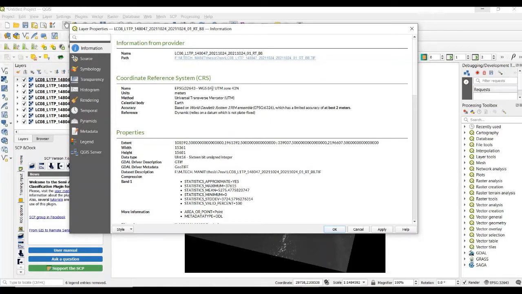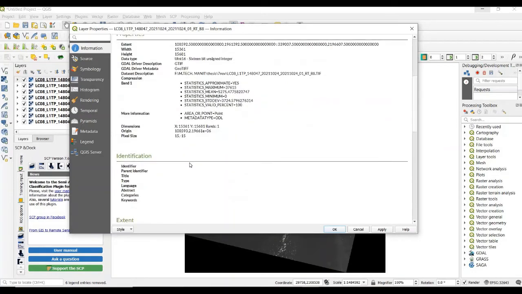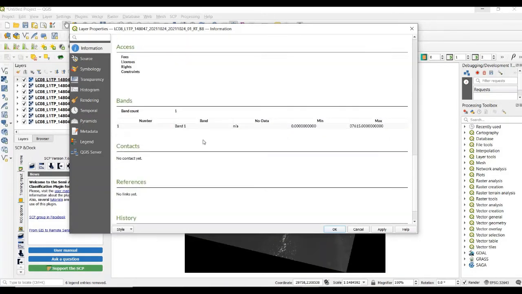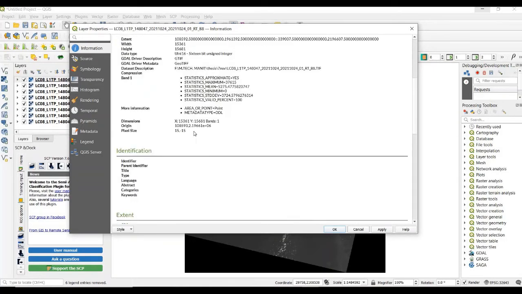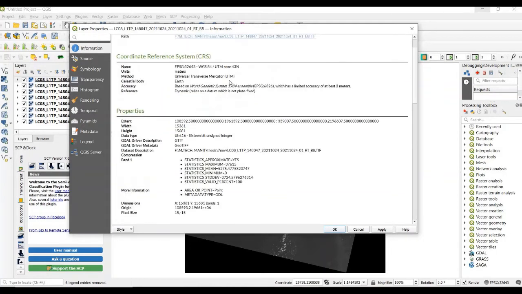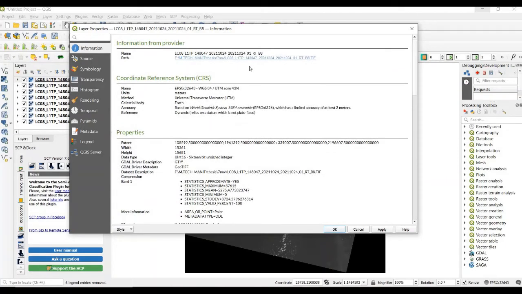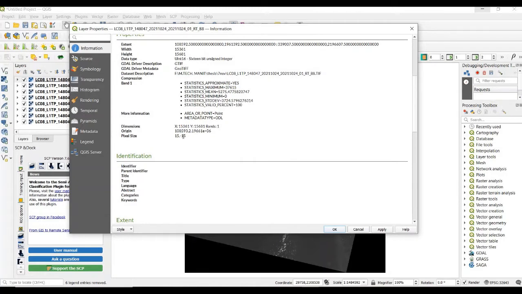This is the projection system WGS84, zone 43, Universal Transverse Mercator, and band dimensions and pixel size. This is the panchromatic band. Landsat 8 band number 8 is the panchromatic band. The panchromatic band has 15 meter resolution.